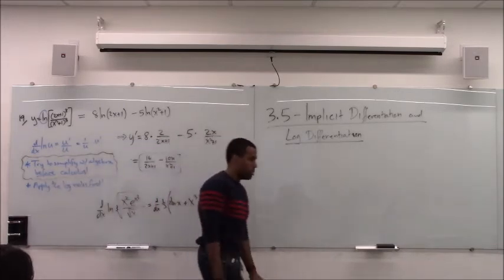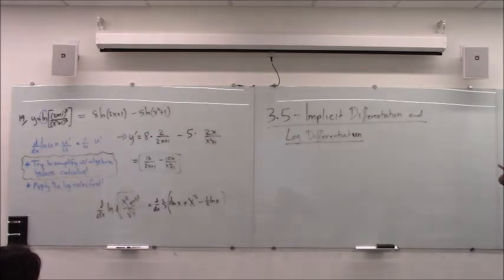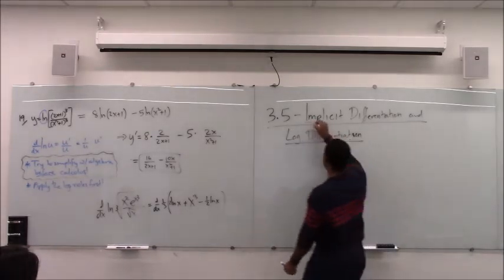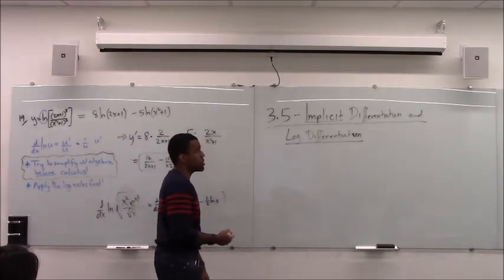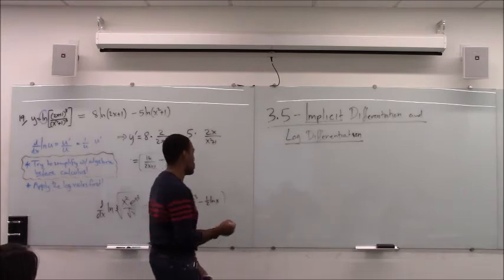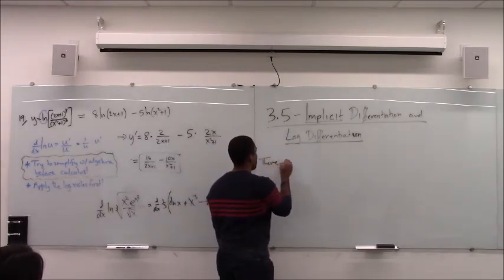So that's what we're going to do. Now this is actually going to be a very important topic because now I'm going to explain to you what the word implicit means, and then we're going to see why this is an important kind of differentiation that we need to worry about. So there are two ways